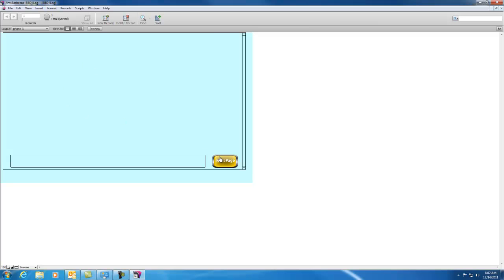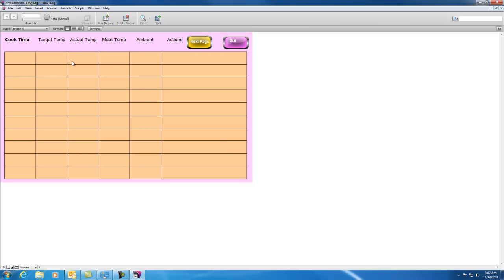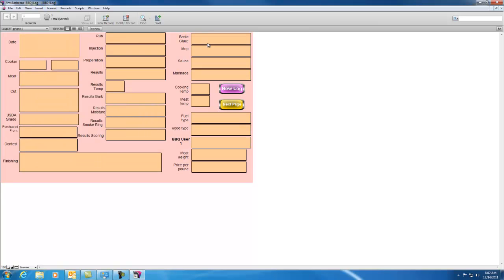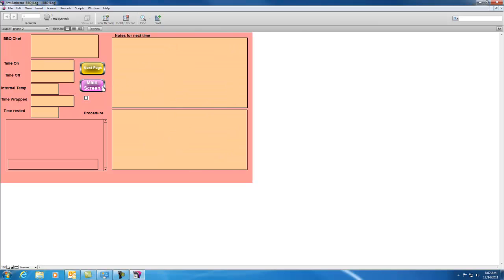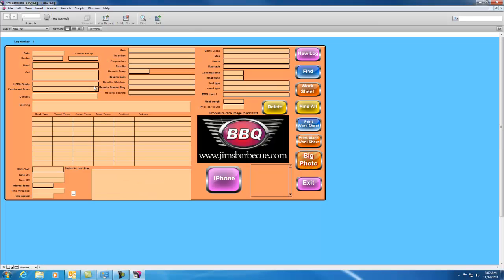This is a page just for a picture, and then this is the cook time. And then to get back to the main screen, we have to get over here to the second screen of the iPhone. So if you were going to start a log, you'd hit New Log. If you were looking for a cook, you'd go in here to the Find, and then you could pick through